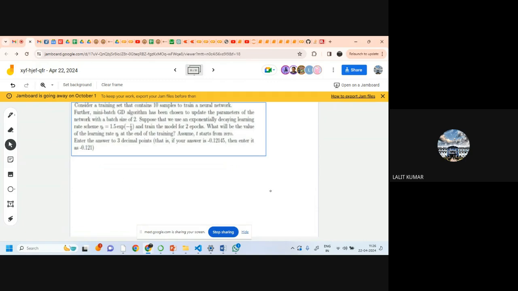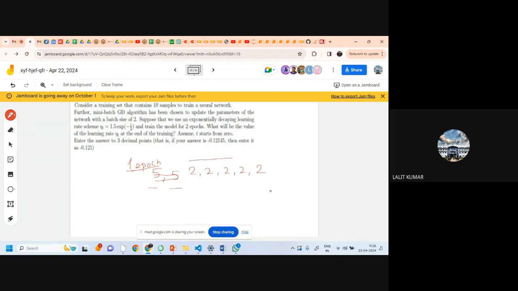Batch size of 2 का मतलब क्या हो जाएगा? 5 हो जाएंगे एक बार में, है ना? एक बार में 5 हो गए और एक बार में 5 हो गए। बेसिकली बैच साइज ऑफ 2 तो मतलब 5 बार ही चलेगा ये, मतलब 5 बार एक इपॉक में अपडेट होगा। नंबर ऑफ अपडेट्स आपके 5 बार हो रहे हैं एक इपॉक में और ये 2 इपॉक्स के लिए करना है, तो मतलब टोटल 10 बार अपडेट होगा।